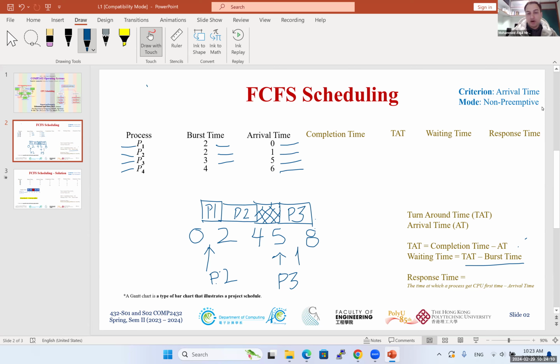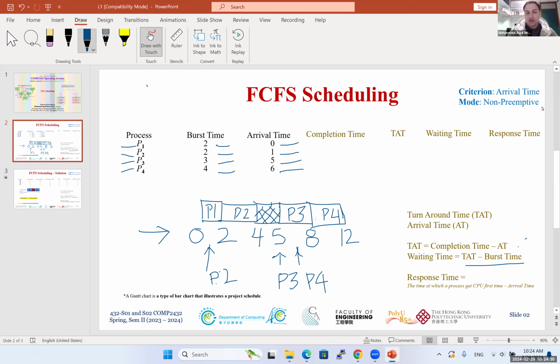Somewhere in here, process P4 actually got arrived. So now P4 will get executed. So the P4 will be executing here. And how long will the P4 execute? So P4 will execute for 4 units of time. So that means 8 plus 4 is 12. So once you have completed drawing your Gantt chart, using this Gantt chart, you can actually answer the completion